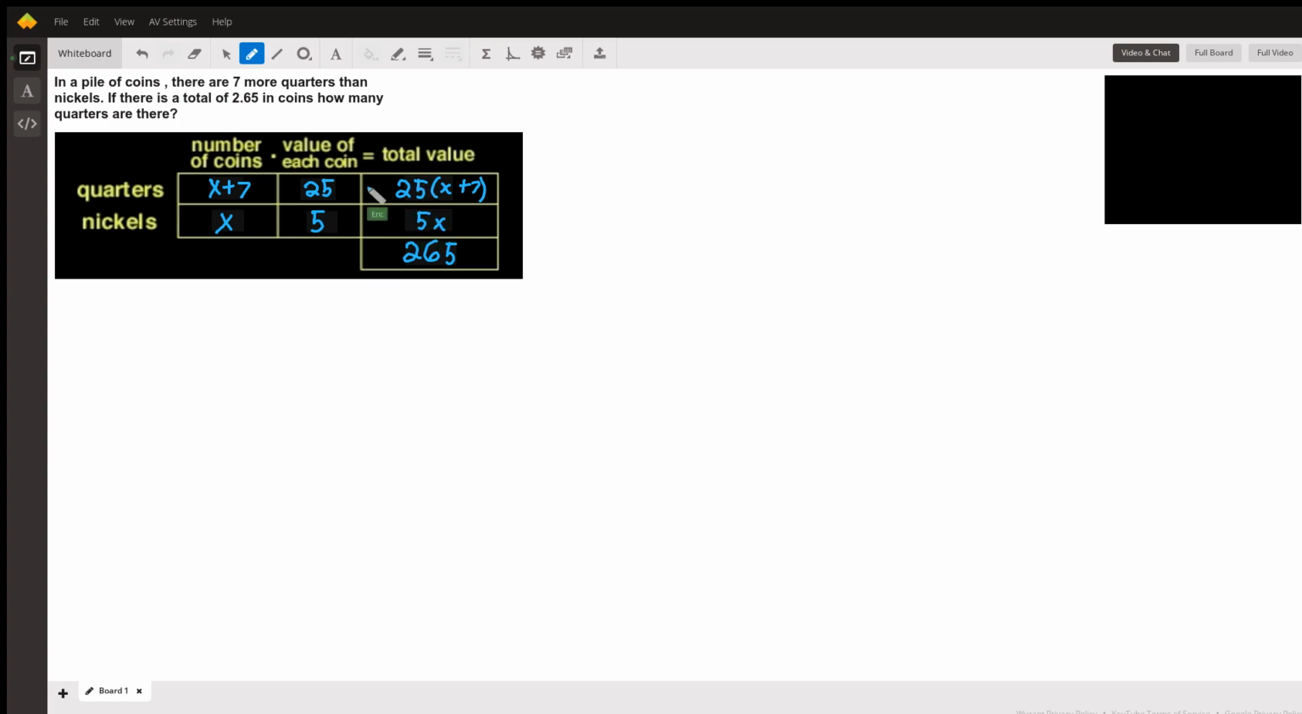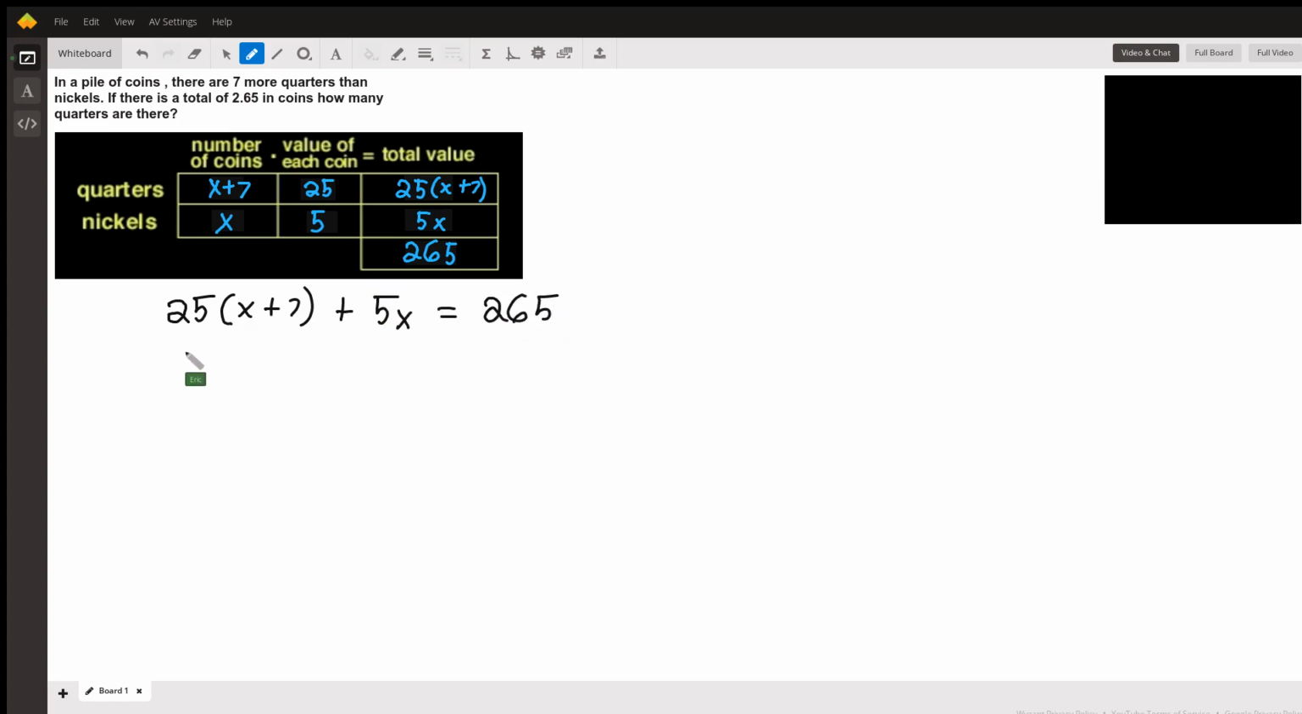So it should make sense that our total value of our quarters plus the total value of our nickels should equal the total value of all of our coins. So we can set this up as an equation. And we're going to put this as 25 times x plus 7 plus 5x equals